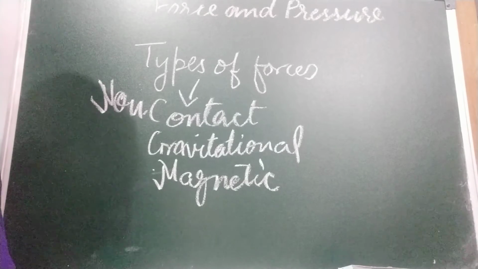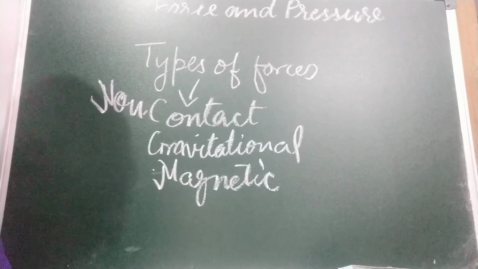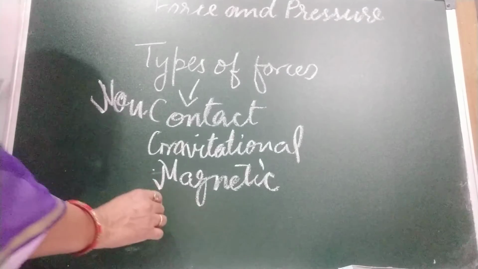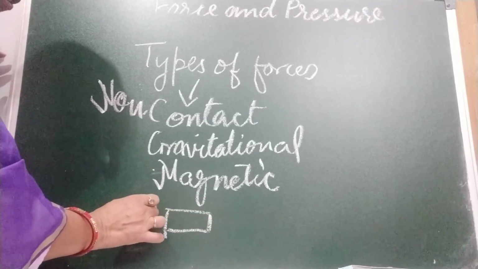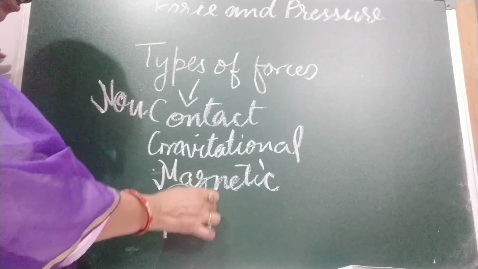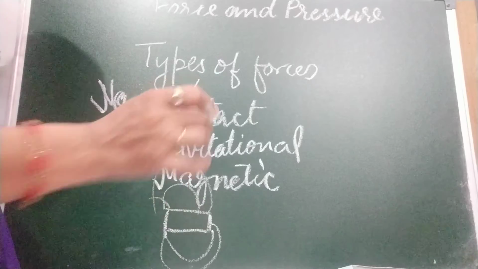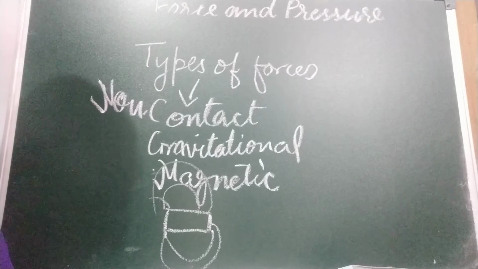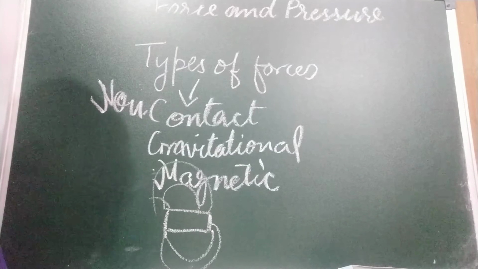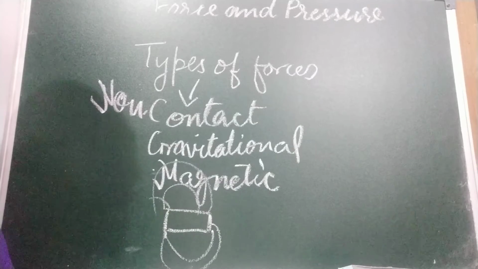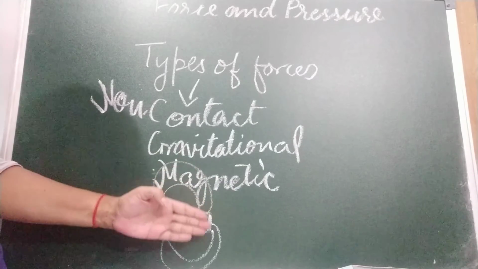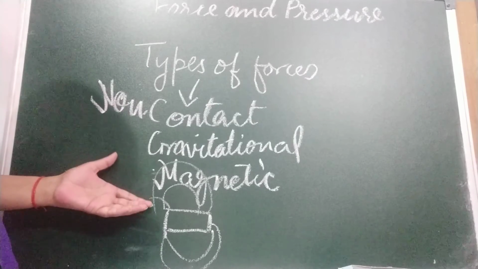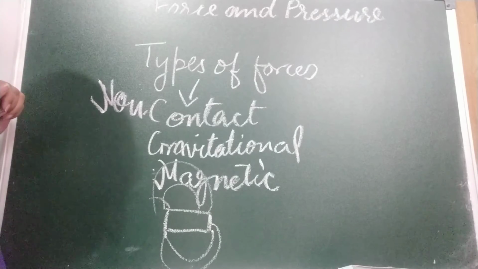A magnet can act from a distance because it is surrounded by an invisible field of magnetic force. This is a magnet, so the invisible magnetic field is there. Children, later on in higher classes you will learn about this. When large scraps of iron from garbage or small iron pieces get close to that field of force, they are pulled toward the magnet. So this is the field of force. Any iron object that comes into this field is attracted by the magnet.